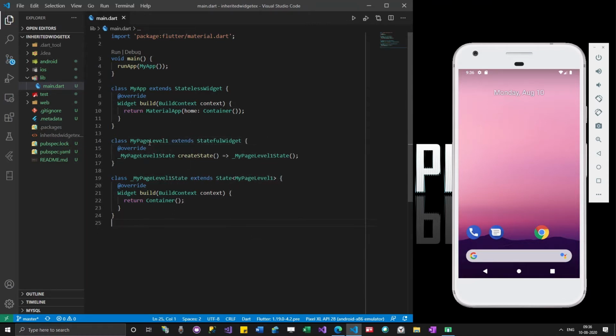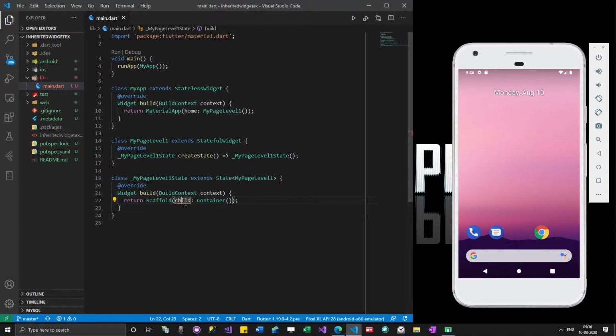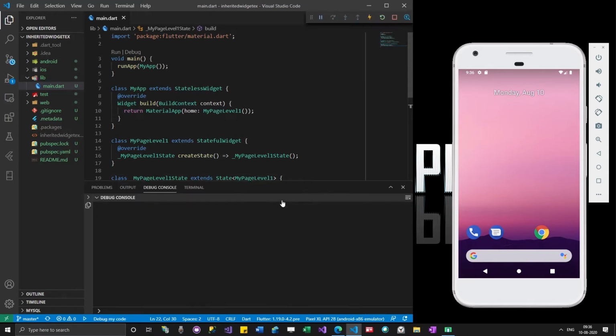That's fine, I'm going to put it here. So scaffold body. Let me run this app first of all.